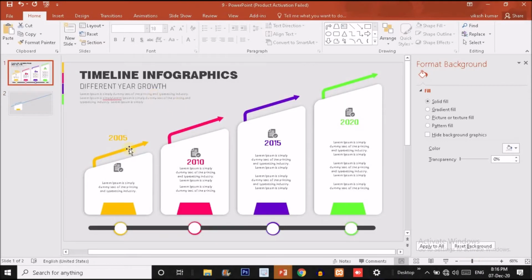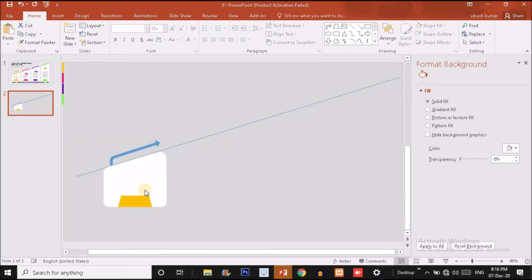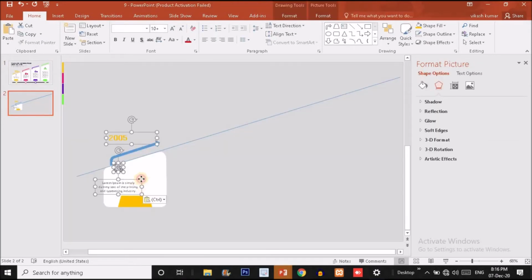Now you just have to copy this text group by pressing Ctrl C and put it over here on this slide like this.